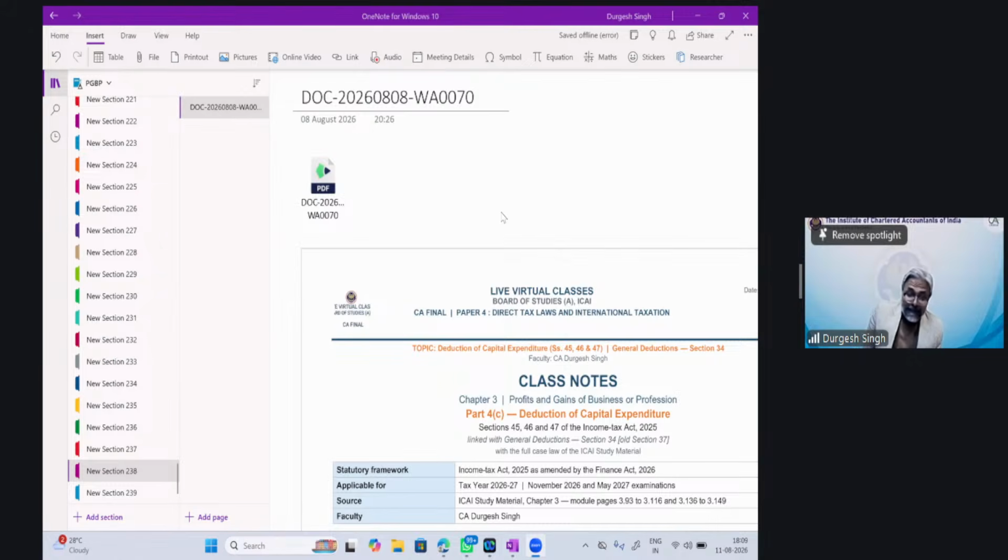There must be, Kanaya, reasonable certainty. Please don't take this word casually, reasonable. Because if you say certainty, it means 100%, and there can never be 100% certainty, isn't it? So there should be a reasonable certainty that the expenditure or losses will be incurred, and it is capable of being ascertained, or capable of being measured. Clear? Use the words very carefully. Reasonable certainty. With that, students, let's come back to this case.